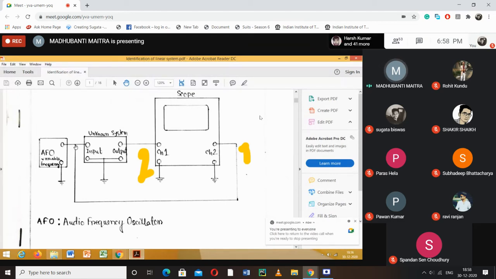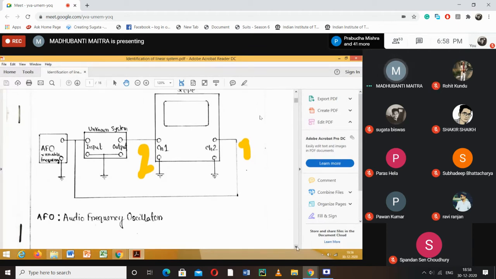Now this is a system. We are giving a sinusoidal input to the system, and we are observing the sinusoidal input as well as the sinusoidal output generated from the system, right? No feedback path is there. This is not a feedback path. We are connecting the input to channel 1, right? That means with the help of this frequency response test, we'll find out the open loop transfer function of the system. Since output is not being fed back to the input, through this particular test, we'll be able to find out only the open loop transfer function of the system.